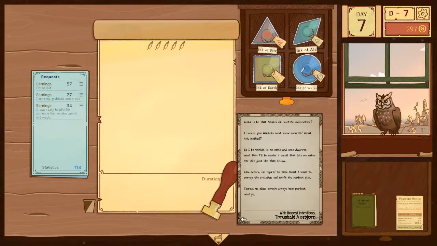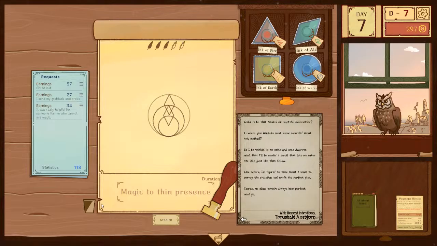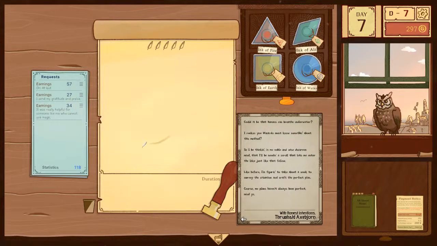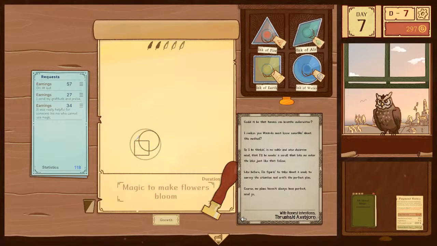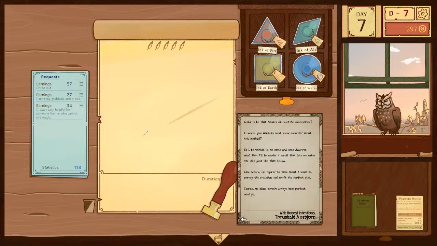It's gonna be breath, isn't it? Was it... No, that's stealth. Let's go with growth. Yes, it's growth with it, isn't it? Ah, yes, but I forgot.